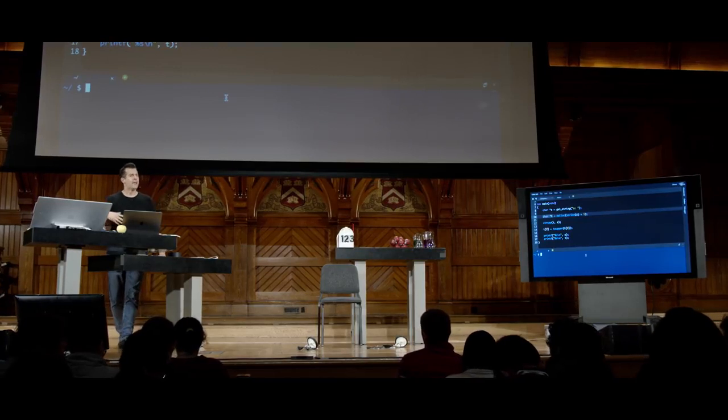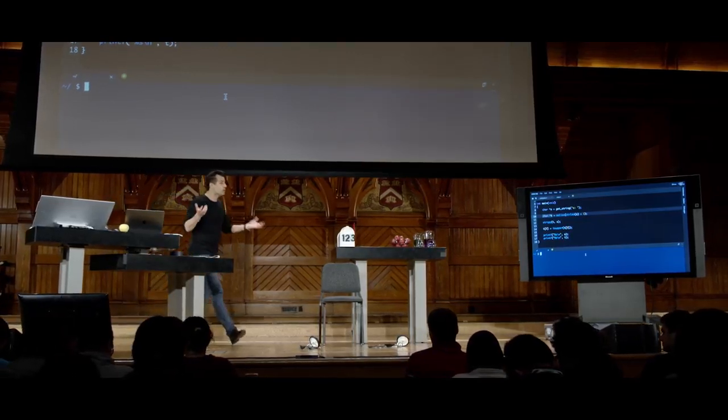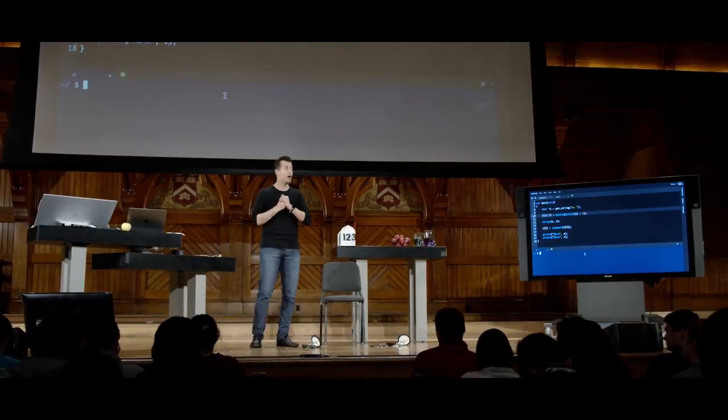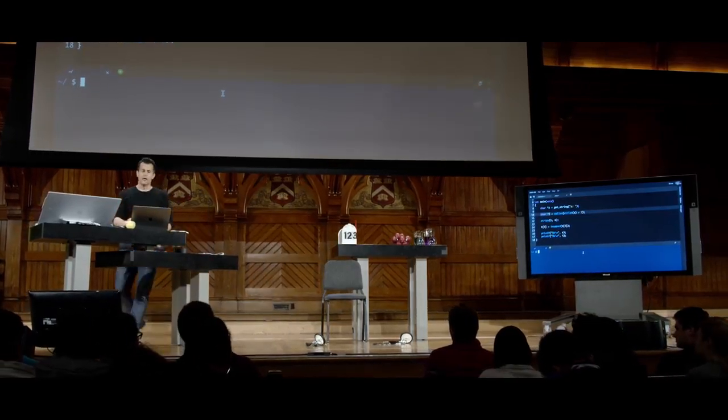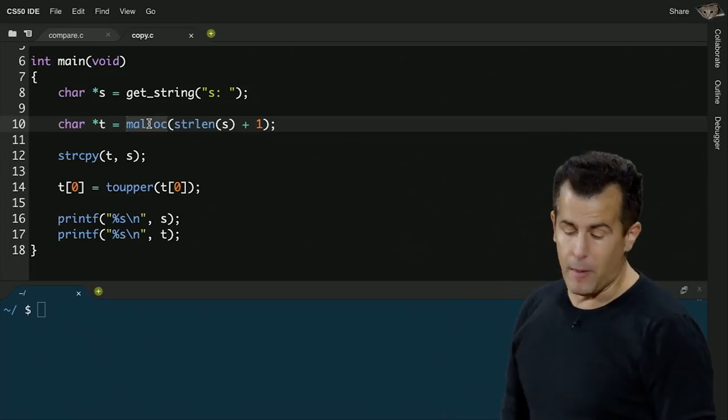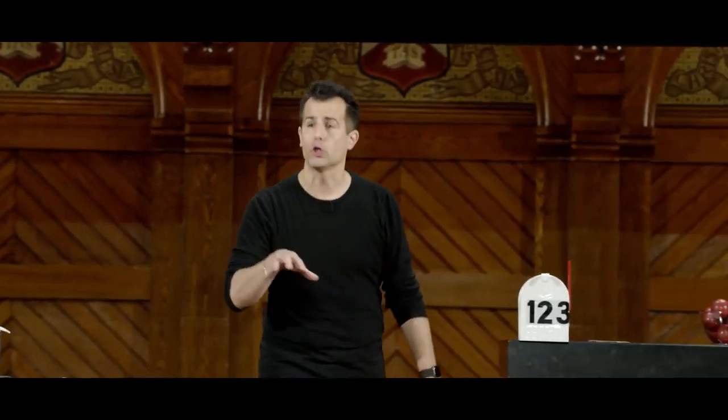But it turns out, now that we're taking the training wheels off, unfortunately, we have to do a bit more work ourselves, and there's actually a latent bug in this program. It turns out that I am malloc-ing memory with this, but I'm never actually freeing it. The opposite of malloc is a function called free whose purpose in life is to hand back the memory that you asked for so that you have plenty of memory available for other parts of your program and so forth.